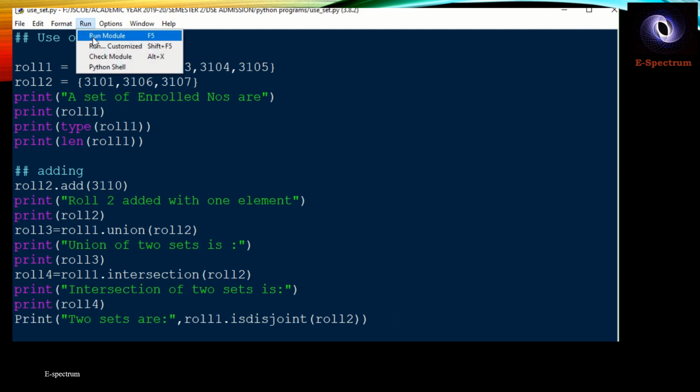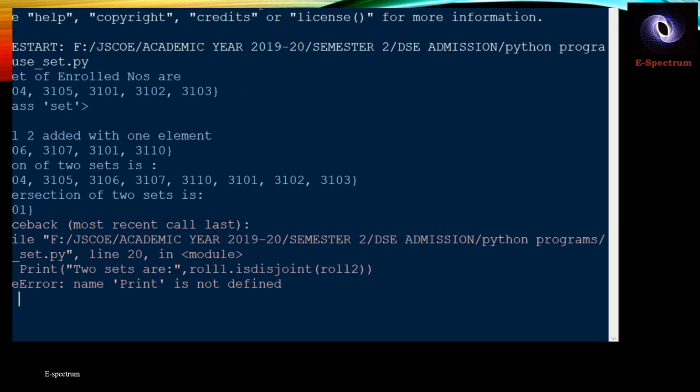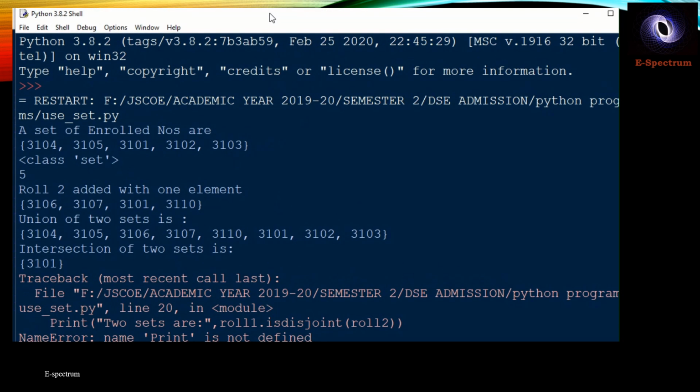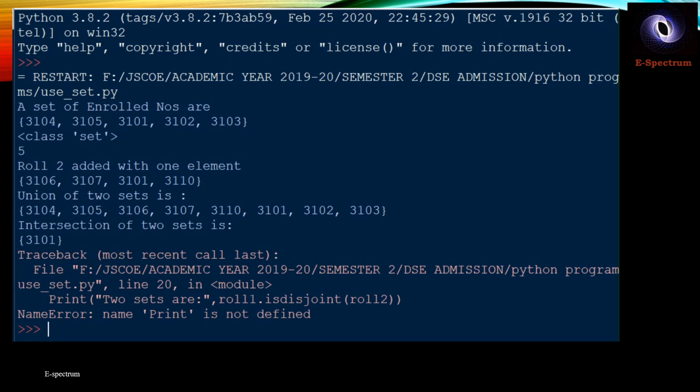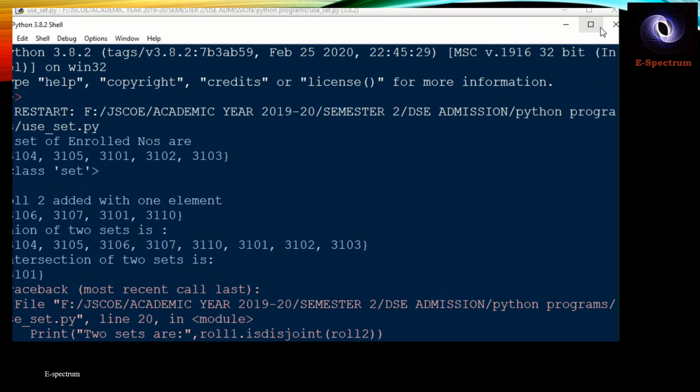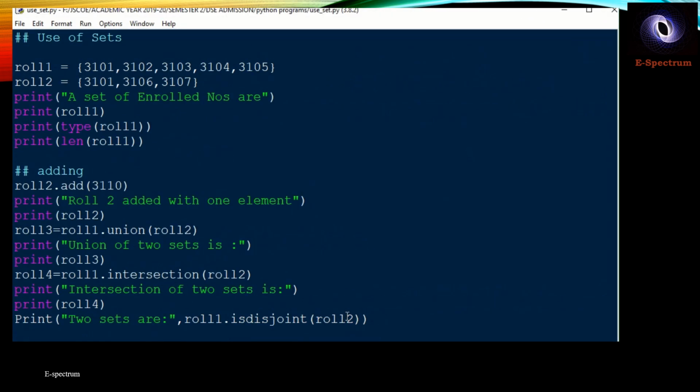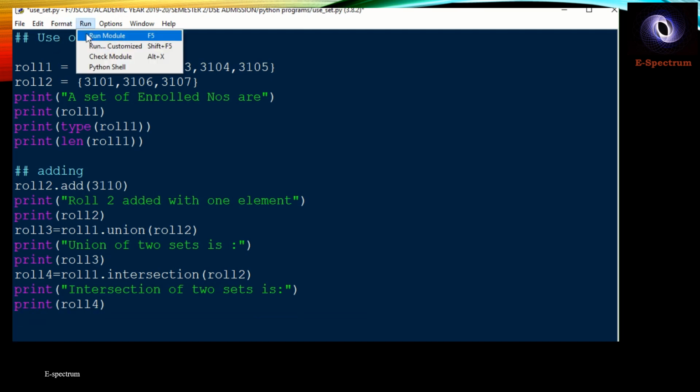Save the file, run it. There is an error for the disjoint. Okay, let us skip this part, run it.